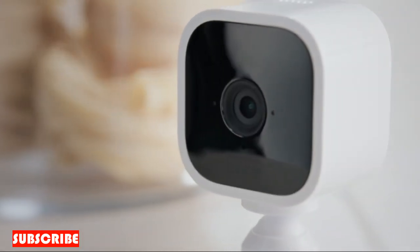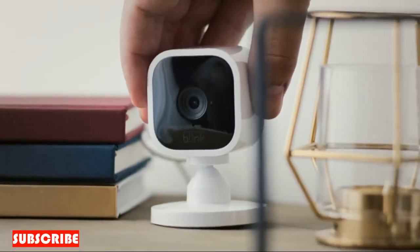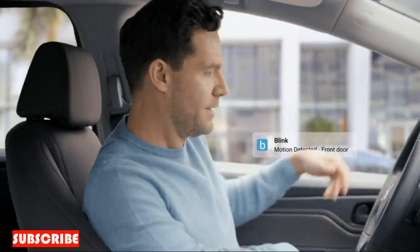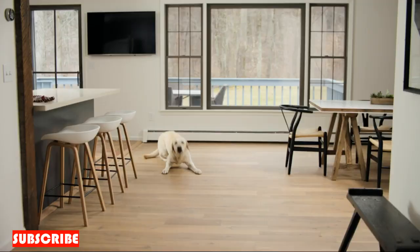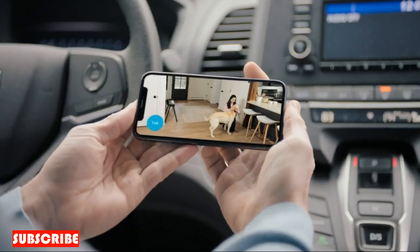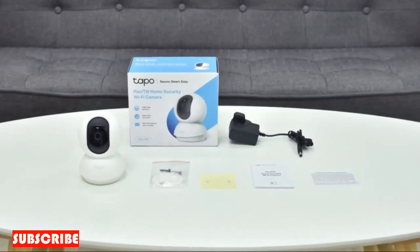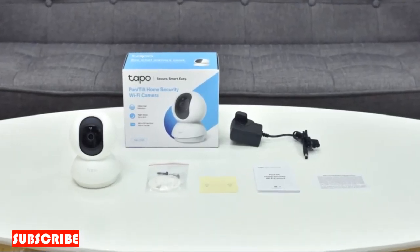Presenting the Wi-Fi camera, a state-of-the-art gadget that puts connectivity and monitoring right at your fingertips. This isn't just any camera though. It's a multi-purpose, intelligent friend that helps you stay in touch with your surroundings, be it your home, workplace, or any other location you wish to keep an eye on. Bid farewell to blind spots and welcome the Wi-Fi camera into your life, as monitoring should be as simple as